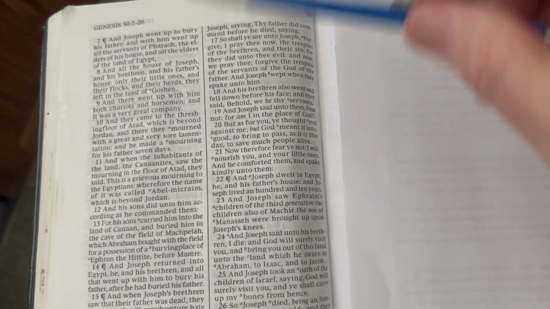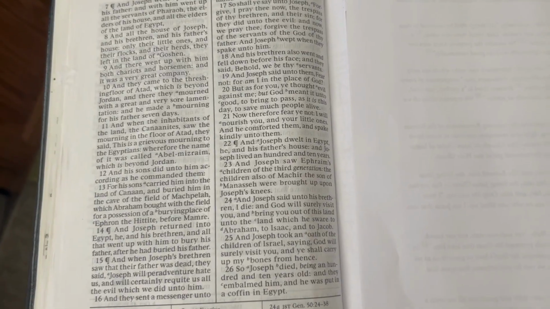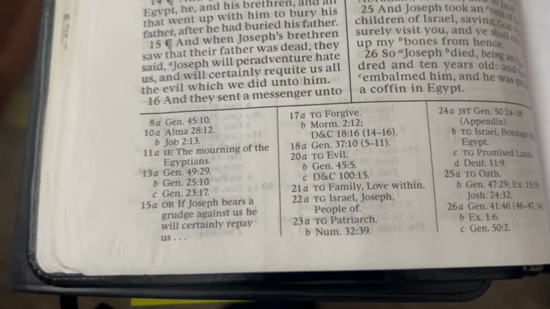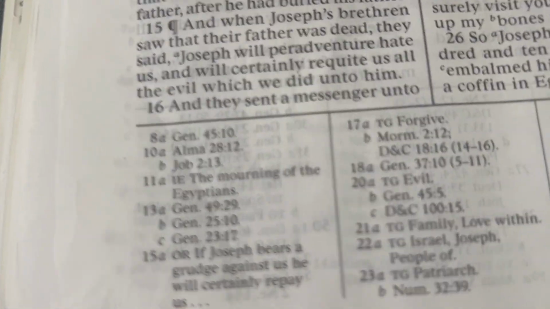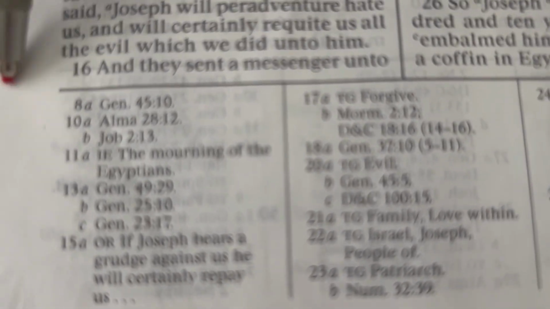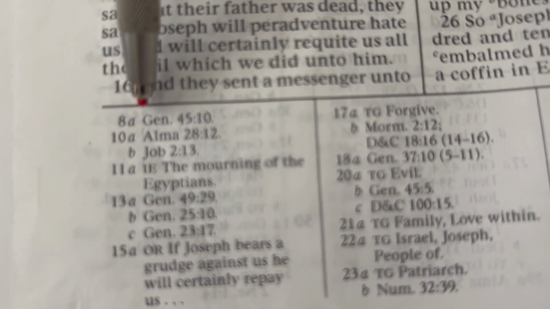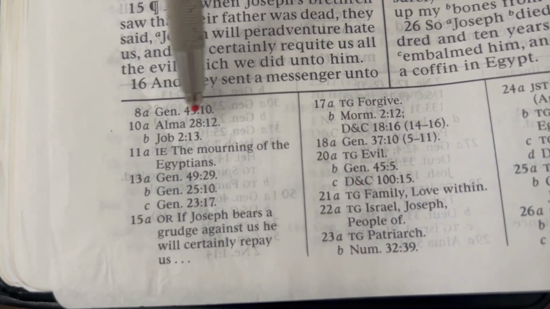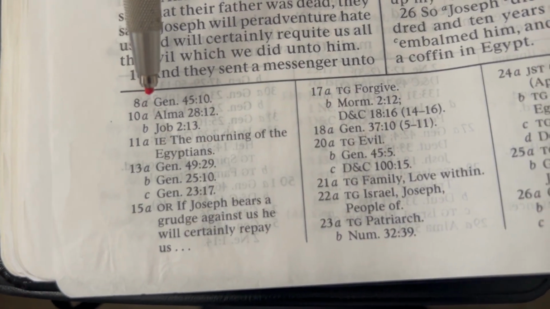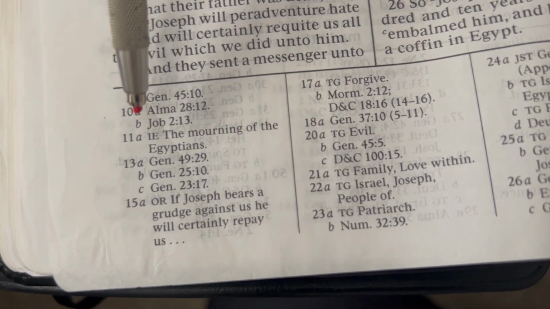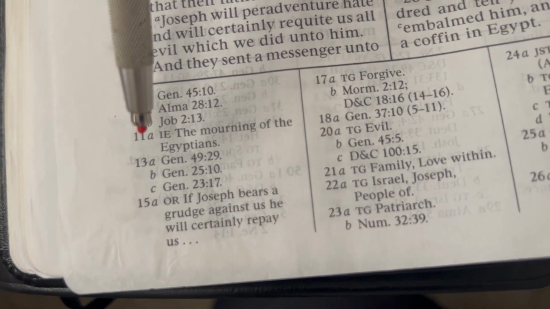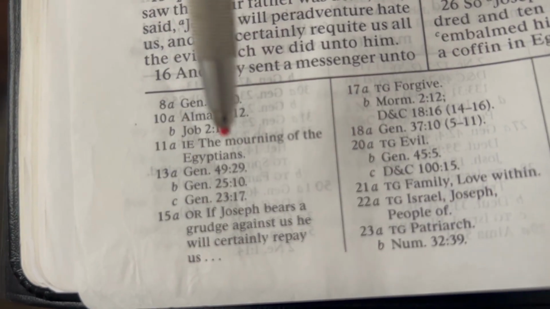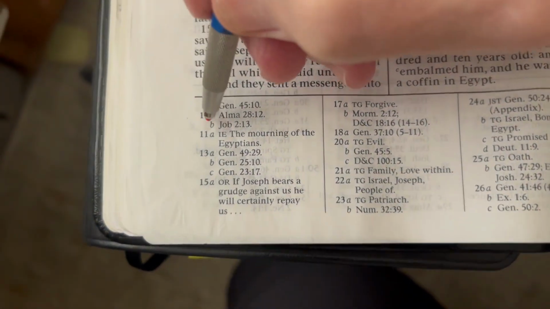Now, before I do any reading of the text, in about a one-minute period, here's what I do. I immediately go down to the bottom of the text and look at every note, starting on this page with 8a. Oh, that's a cross-reference. 10a, that is a cross-reference, and b is a cross-reference. 11a, IE. Oh, that's a text note. I want to know that. So what I do is